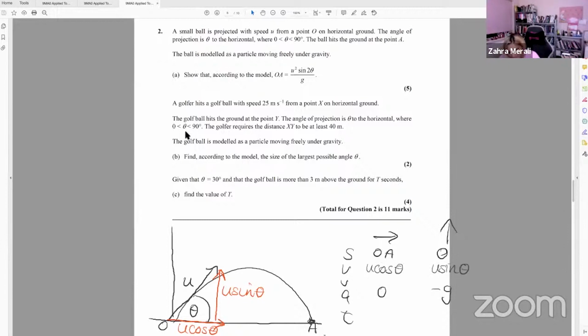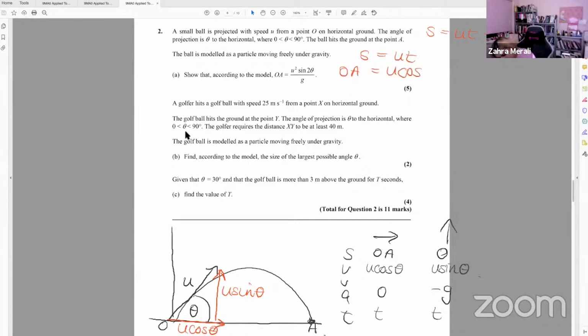And the T, when it gets to the end, is the same in both cases. So we're going to say, okay, what will OA be? So we know that S equals UT plus a half AT squared. However, if A is 0, that's just going to say S equals UT. So from O to A is going to be